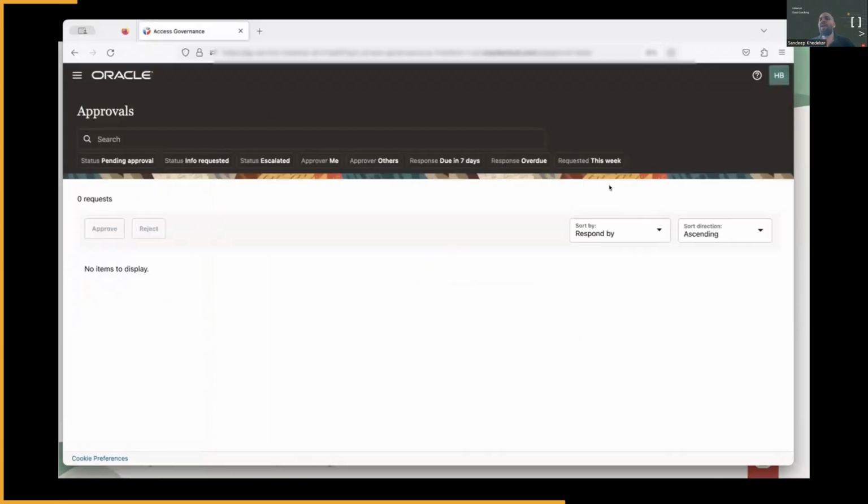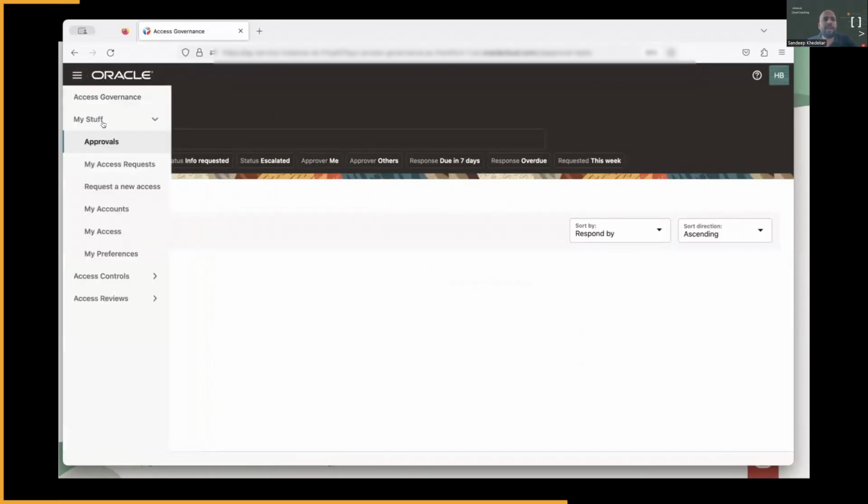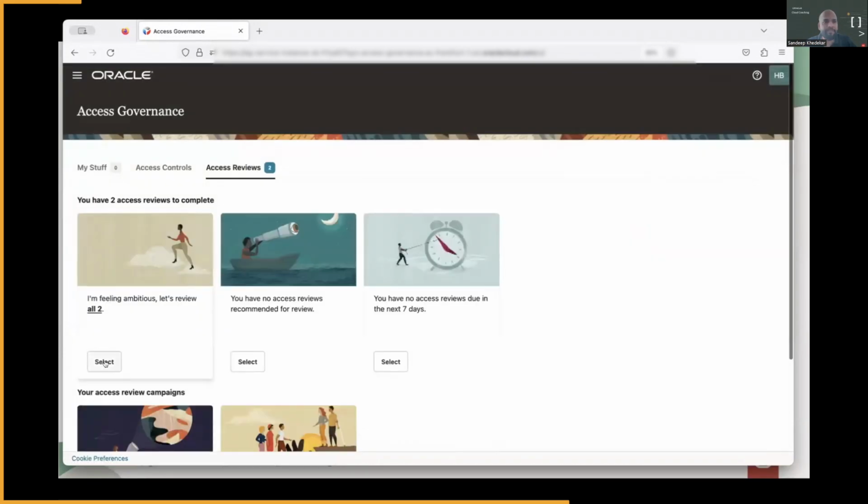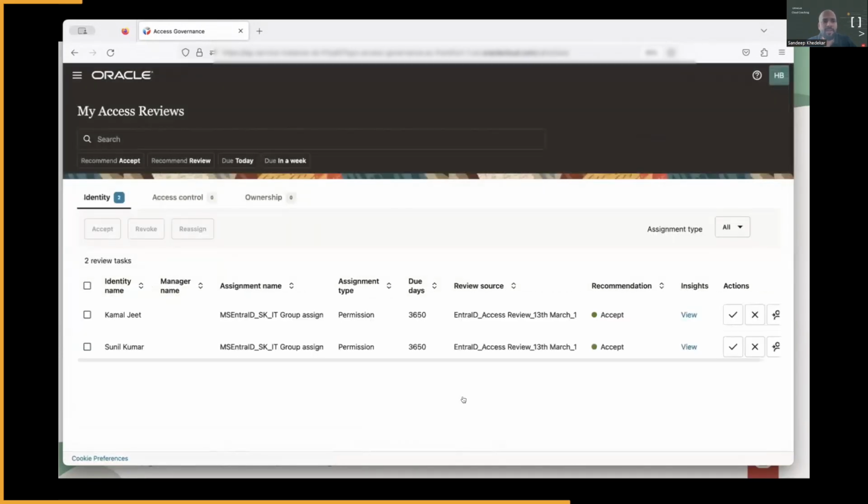Now I'm just wearing the hat of Harlan, being the reviewer for that user, and they're going to review this. Let's have a look at it. Because I was very specific, I wanted Entra ID and the users who have a group ID, so I picked up these two users.